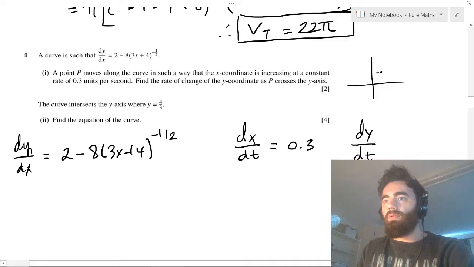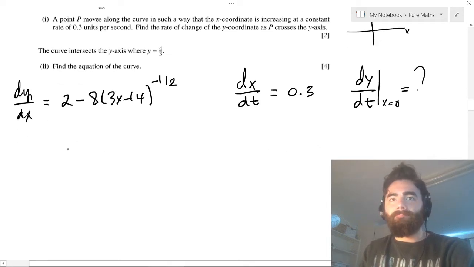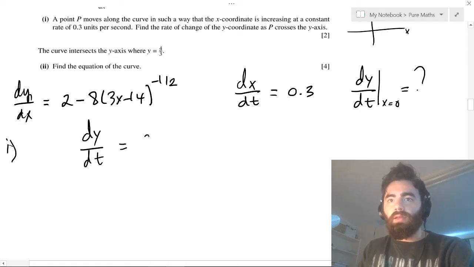Well, when this point crosses the y-axis, that occurs when x equals 0. So we want dy/dt at x equals 0. What does that equal? Well, we can use the chain rule. So dy/dt equals dx/dt times dy/dx,